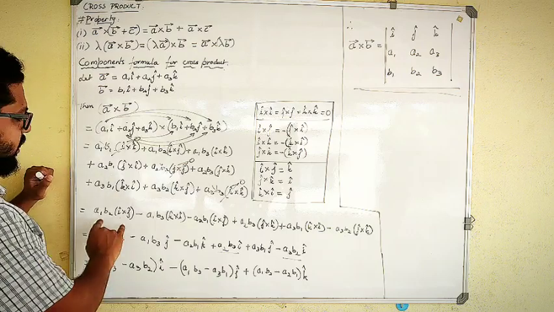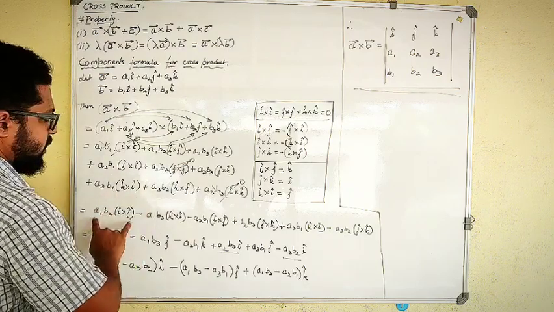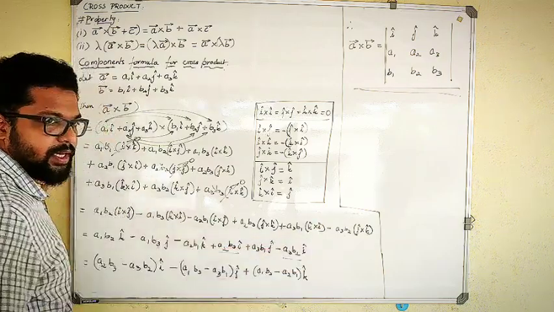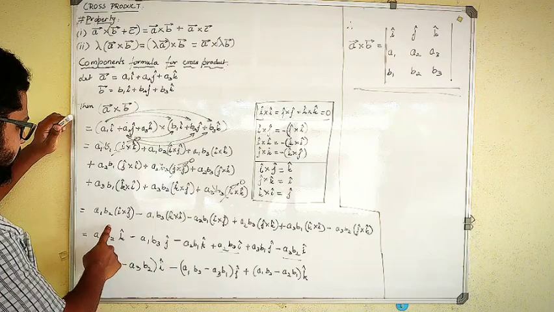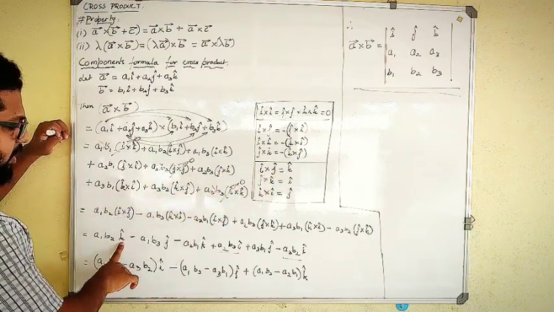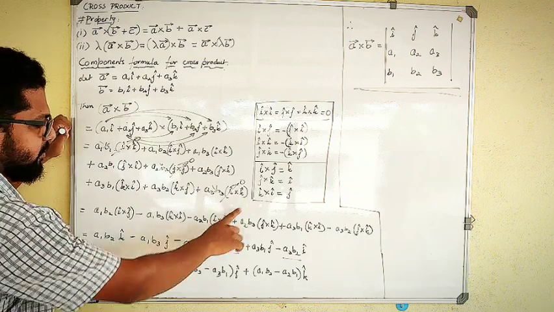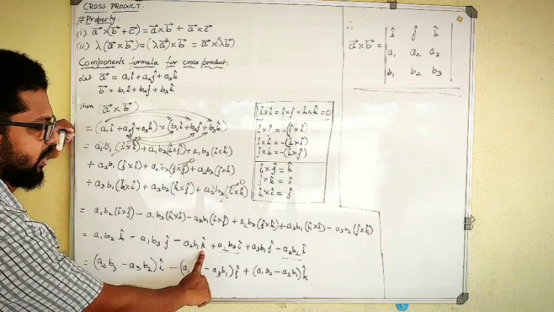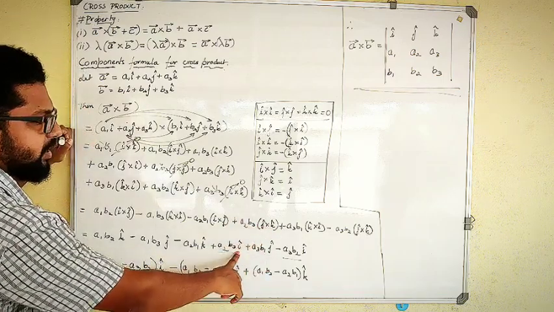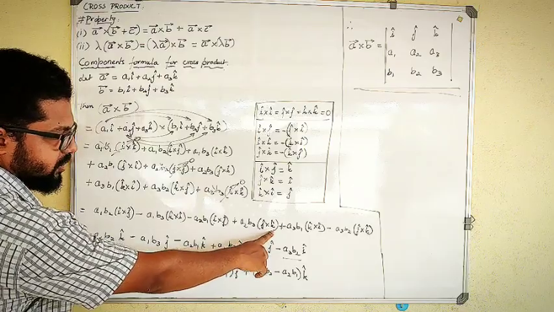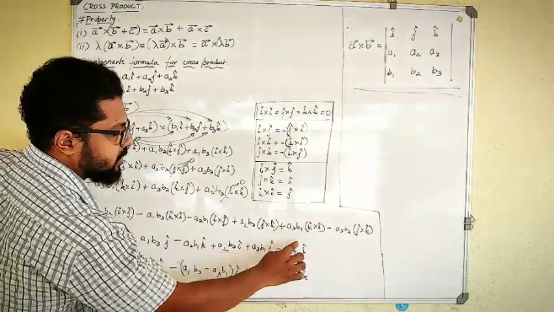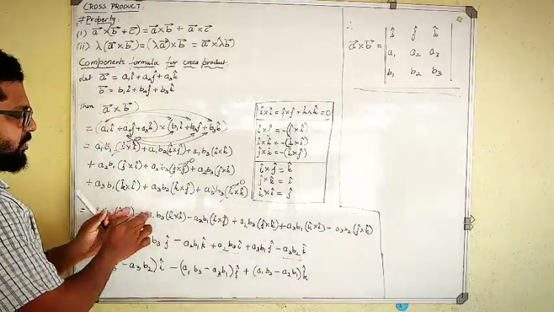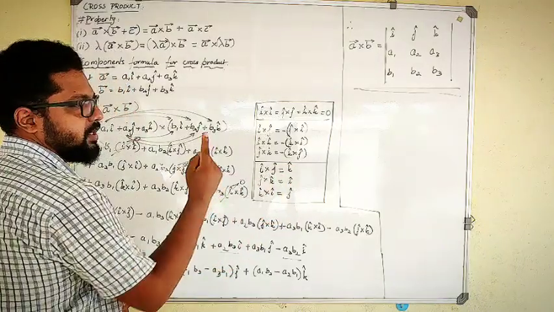So here I can see that A cross B, I cross J, these are the terms which are pending. And after that, here I cross J will become K, I'll write it here. And K cross I will become J. Then I cross J will become K, and J cross K will become I. And K cross I will become J. And J cross K will become I. So just substitute these terms according to the cyclic terms.